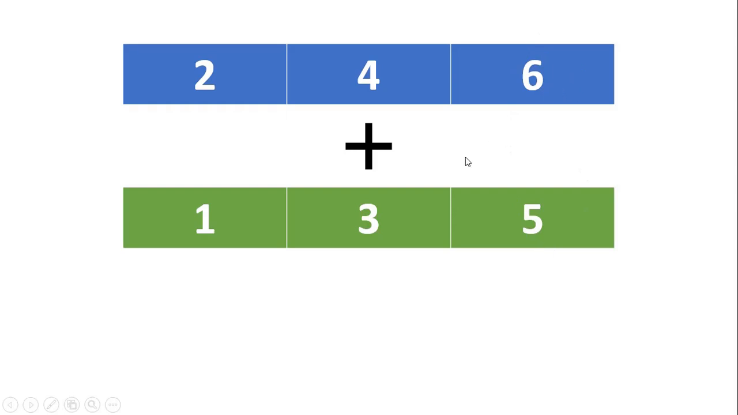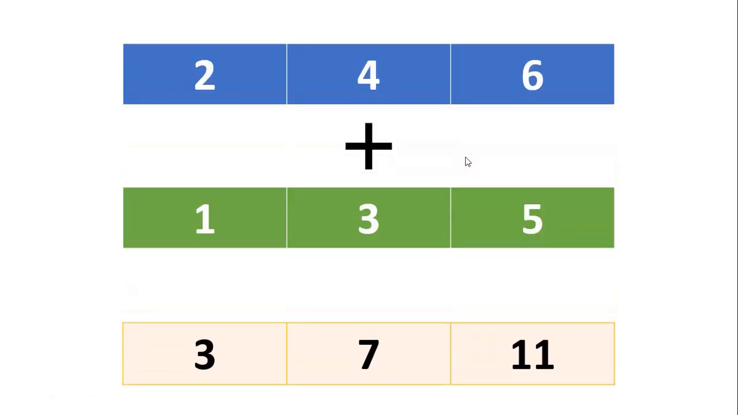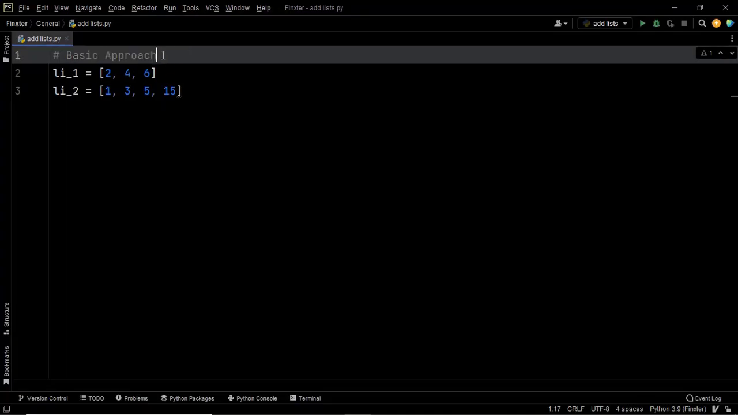So when we add these two lists, this is the kind of output that we want. 3, 7 and 11 in another list. And this is our output list. So this is exactly what we will be implementing with the help of our code in this video. So let's have a look at the different methods which will help us to perform the element-wise addition of both the lists. So we will begin with the basic approach to solve this question, and that is to simply use